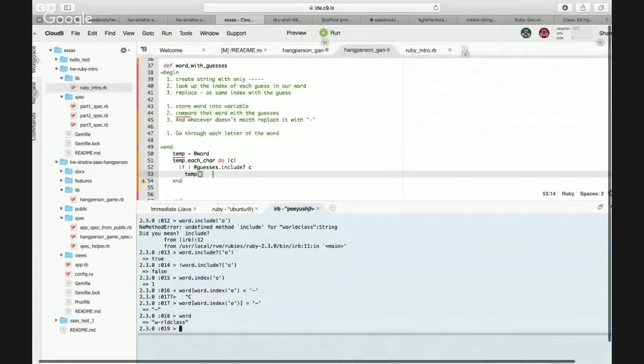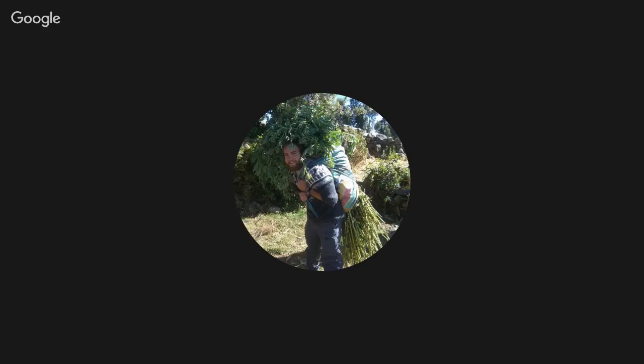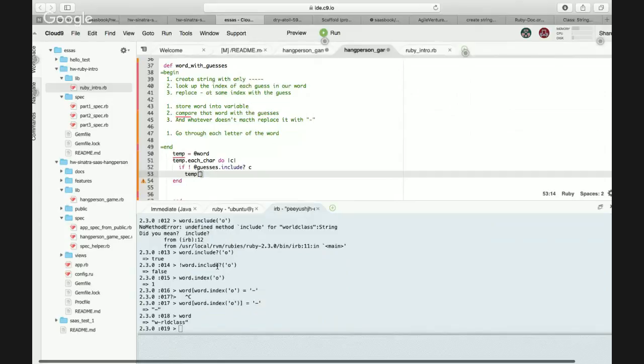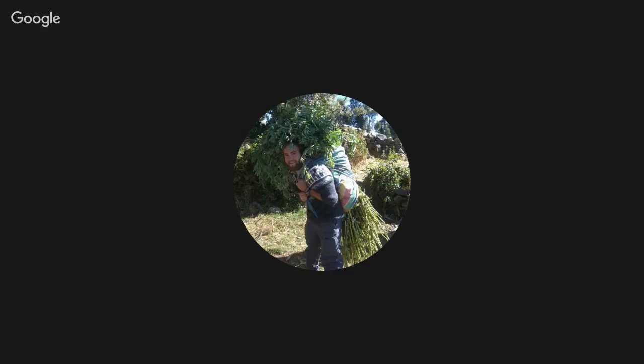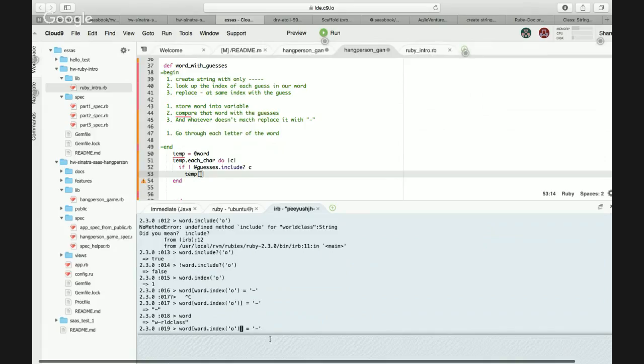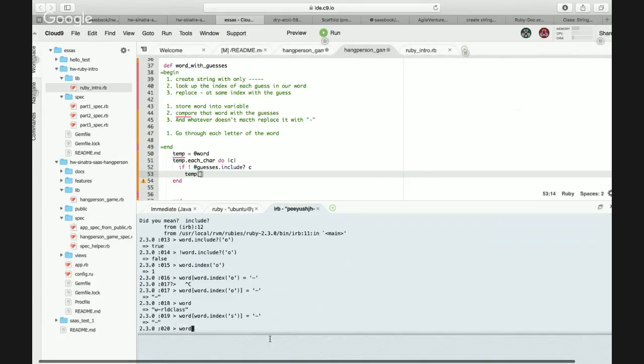So you're right. Just open a bracket, and then the index is going to be temp dot index of C. Just try the word class. Can you try S in it? In your IRB, let's try this for S. Change it to S, and then we put word again.